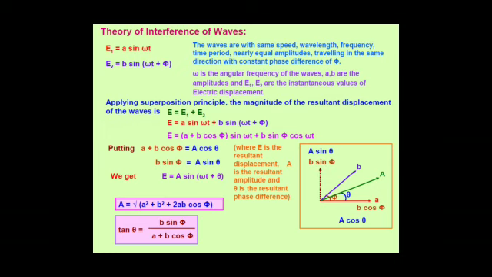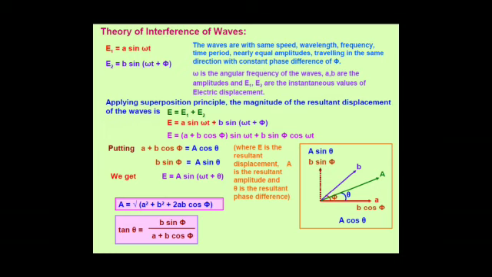So E is equal to E1 plus E2. By putting the values of E1 and E2 and using the formulas of trigonometry, we get E is equal to (A plus B cos phi) sin omega t plus B sin phi cos omega t. E is the resultant wave with amplitude capital A, and let us consider it has a phase difference theta with the wave E1. So A plus B cos phi is equal to capital A cos theta and B sin phi is equal to capital A sin theta. It is clearly depicted in the box drawn on the bottom right corner.